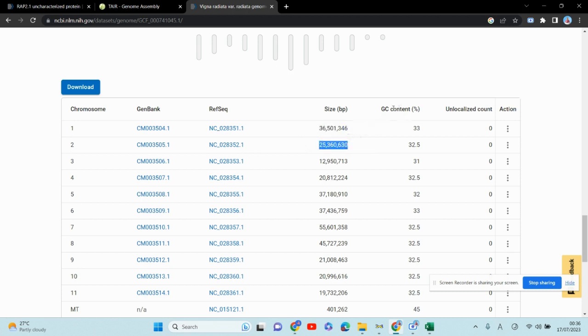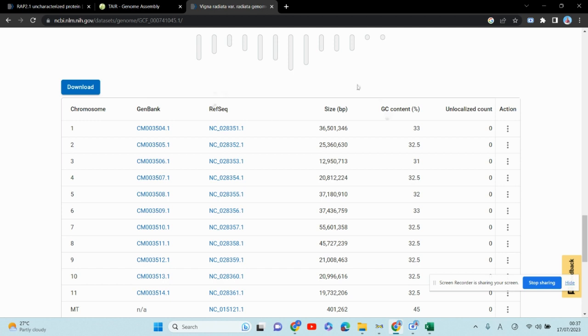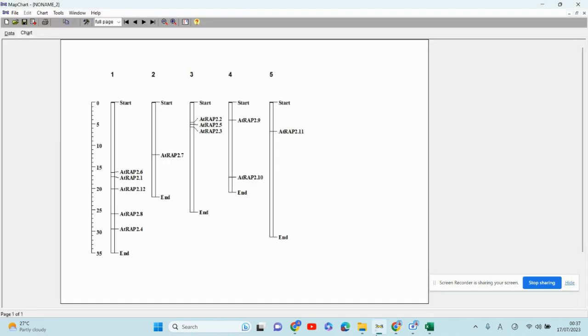There is other data, like GC content and unlocalized counts, but of course this is not relevant to your input file. So you will just copy this and delete this column, and keep the size column and the chromosome column only, and then you will further do your analysis, like making